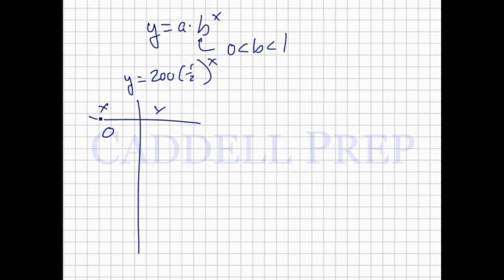So initially at time 0, we have 200 grams. Then when x is 1, we put that in, and we'd have 100. Then it'll go down to 50, and down to 25, down to 12.5, and so on. So if we look at a graph of this,